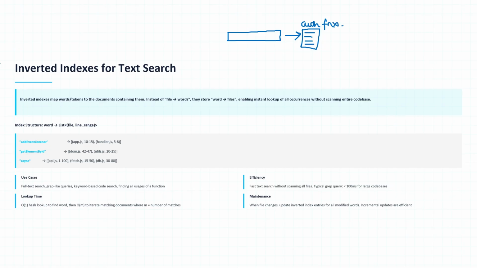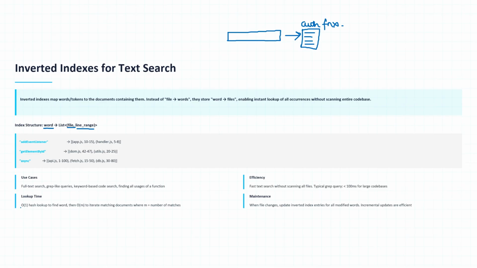Which is why Cursor uses inverted indexes. The structure is such that, let's say there is a word like add event listener, and it maps to a list of the file name and the line range, from this particular line to this particular line is the definition of add event listener. So for full text search, grep like queries, or keyword based code search, inverted indexes prove to be very efficient,